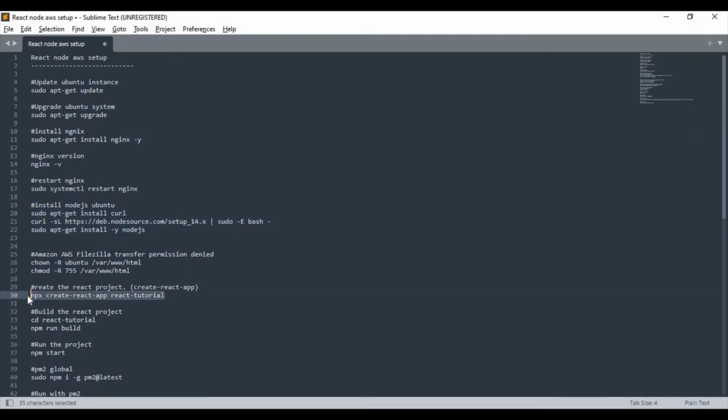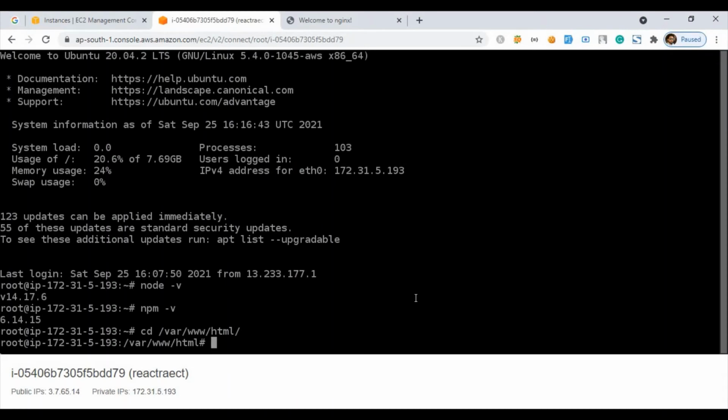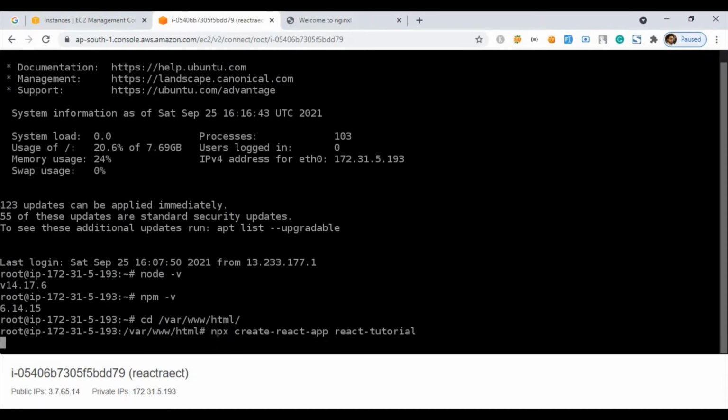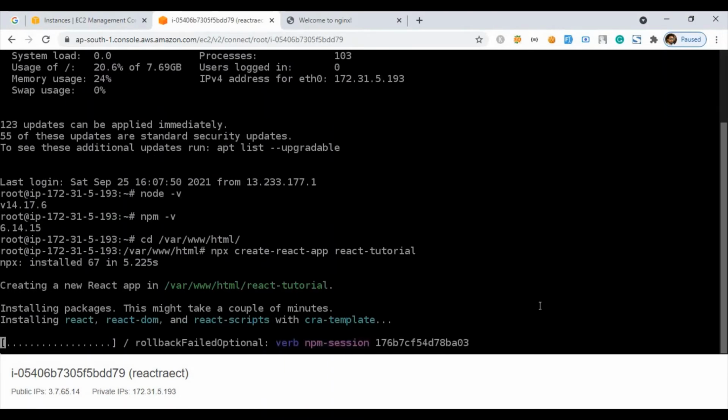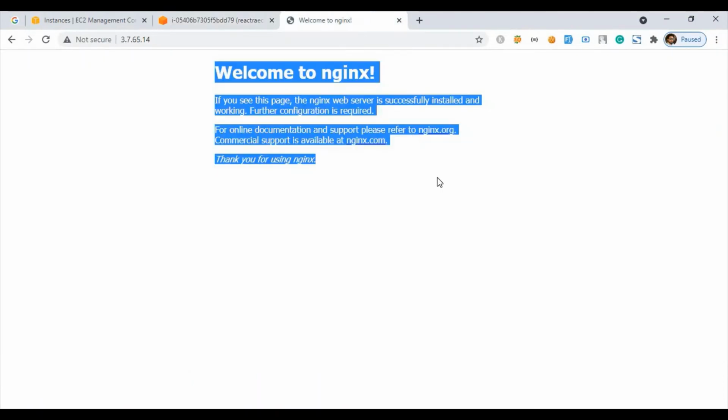Okay, so we will run this command, and it will create a folder. It will just take a few seconds, so you just have to wait. Once this application is up and running, nginx is up and running.